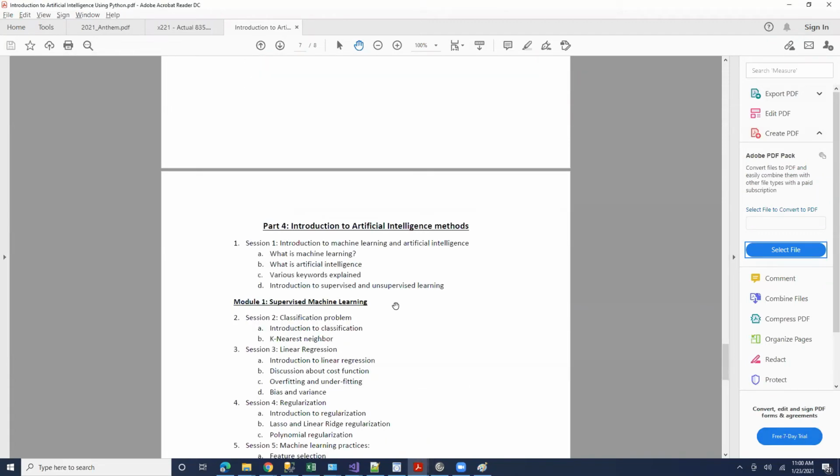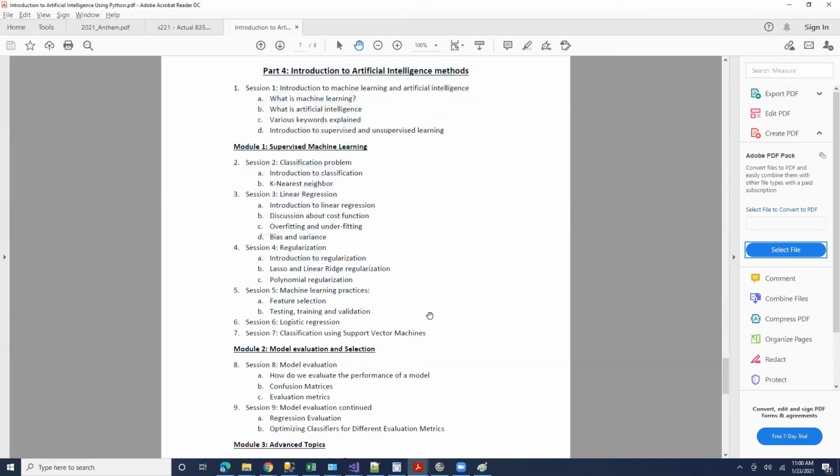Part 4 is the actual artificial intelligence methods and what is machine learning and so on. We'll most probably end up doing more than just these topics, depending on the speed with which we go and how quickly you are able to follow.